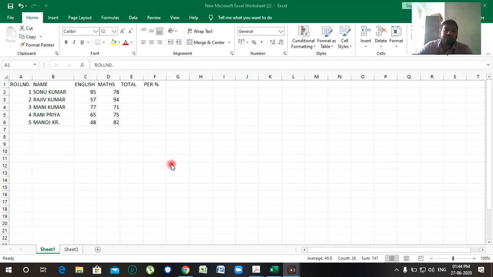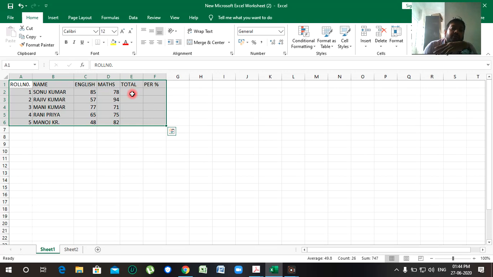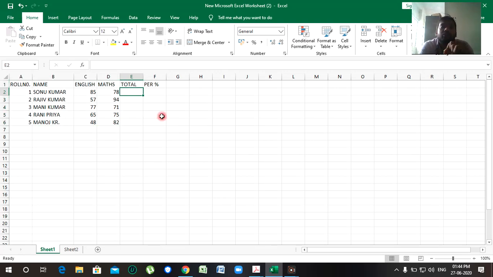I have already prepared this data table. See here: Sonu Kumar, Ravi Kumar, Mani Kumar, Rani Priya and Manoj Kumar. These names are given here. Now they have got the marks, English 85, Math 78, and now we are going to teach you how to calculate the total using the formula.